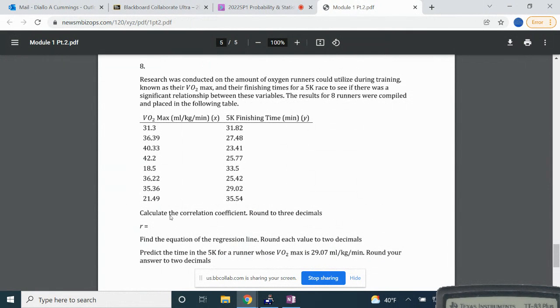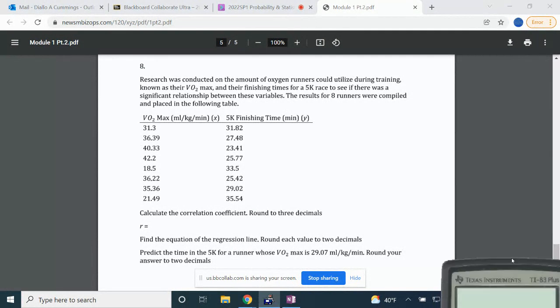Then we're asked to calculate the correlation coefficient, which is R. We're asked to find the equation of the regression line, and we're also asked to predict the VO2, or the oxygen amount, for a max of 29.07. So here what we'll do, we'll pull up the calculator,